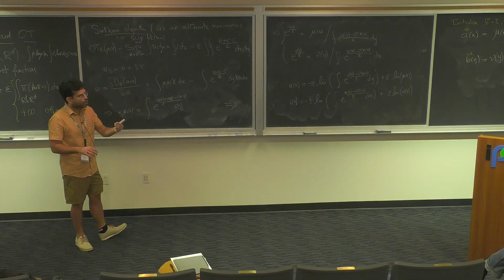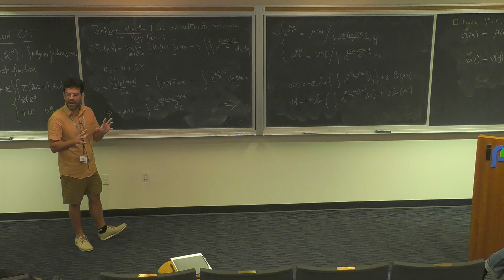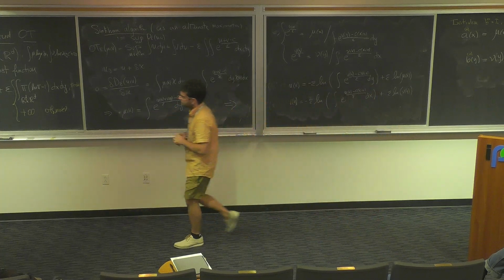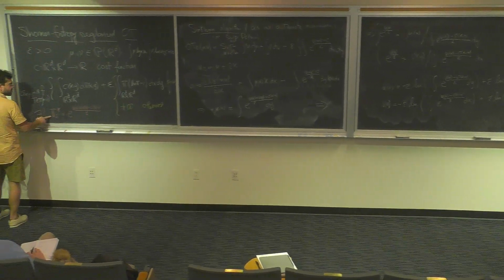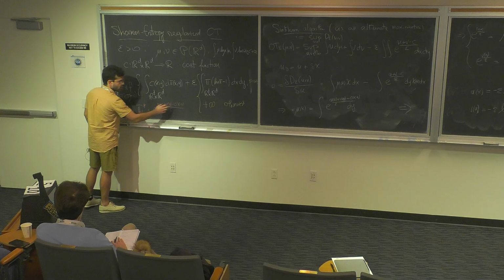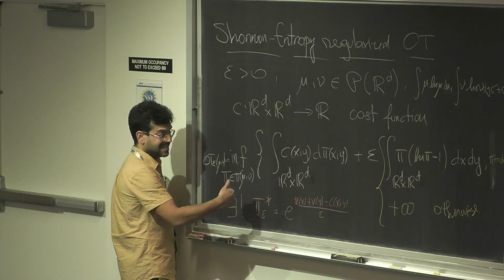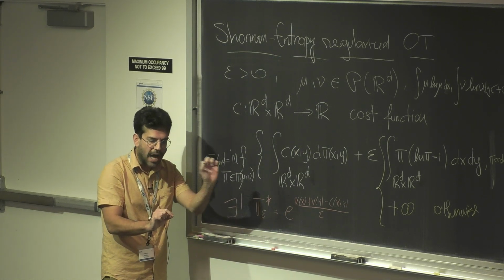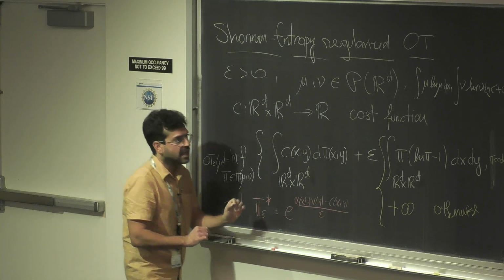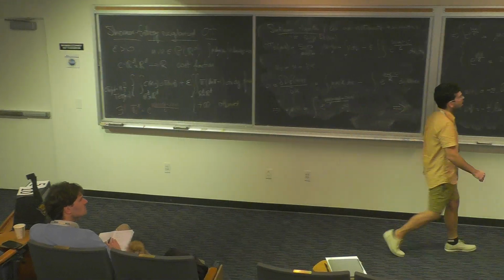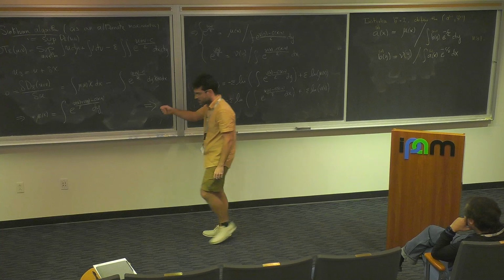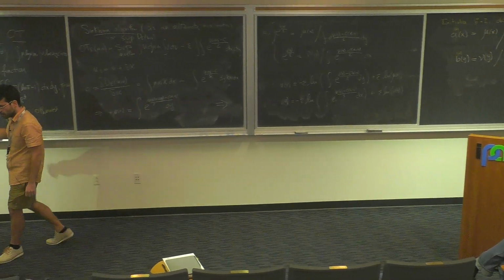Just to anticipate what we are going to do after lunch, this changes a lot when you go to the quantum case. Here you have an exponential of a function, or if you are in the discrete case, pi is a matrix with indices i and j, and basically what you are doing is the exponential entry-wise of your matrix. So in particular, we are allowed to do this trick of bringing a of x and b of y outside of the integral, because exponential of a plus b is the same as exponential of a times exponential of b.